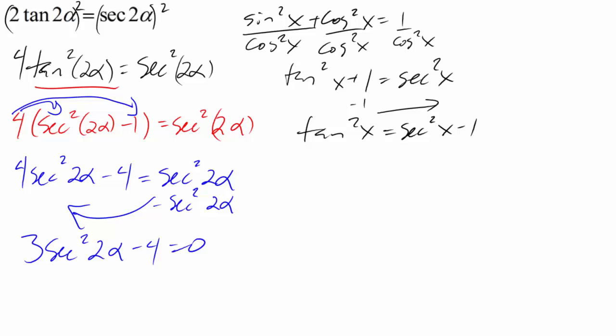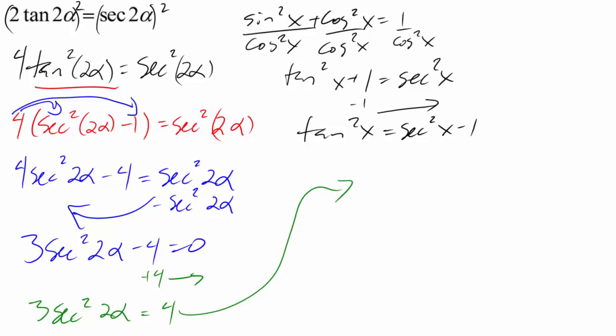Right. Now, typically, we don't like solving equations containing a secant, so we're going to work towards getting rid of that. But for right now, we just want to keep playing along by the rules that we usually do and isolate the trig function. So I'm going to add 4 to both sides. So that gives us 3 secant squared of 2 alpha equal to a positive 4. And then we're going to divide both sides by 3, so we know that secant squared 2 alpha is